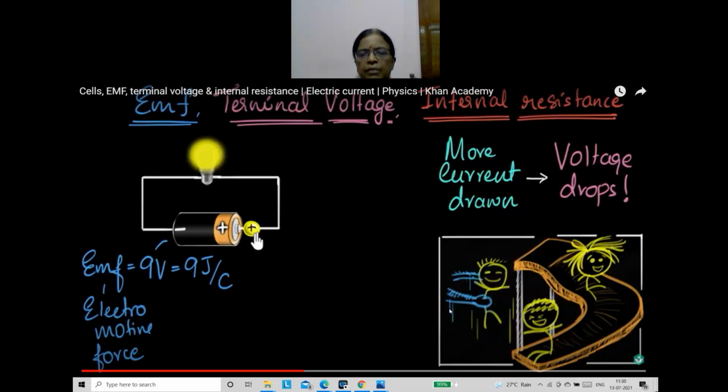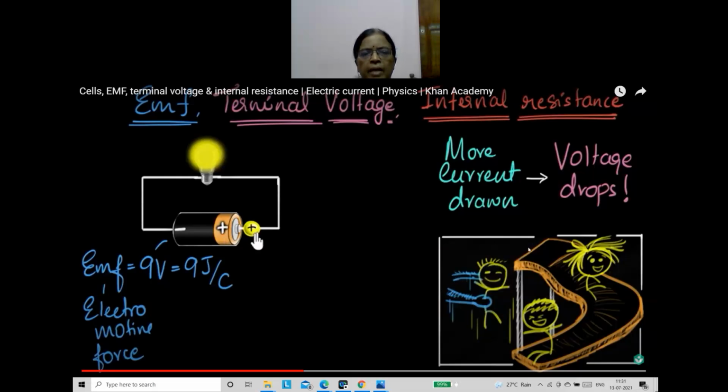His father, for example, is taking him up and keeping him on the slide, and he slides down. So the work is done by this person. Similarly, the charge is moved along this conductor with the help of this battery. The battery is doing that work, here his father is doing that work. That means he is giving energy.